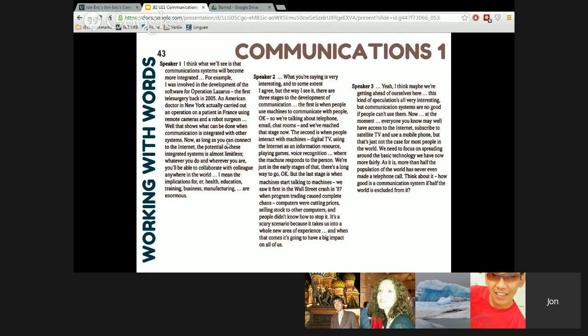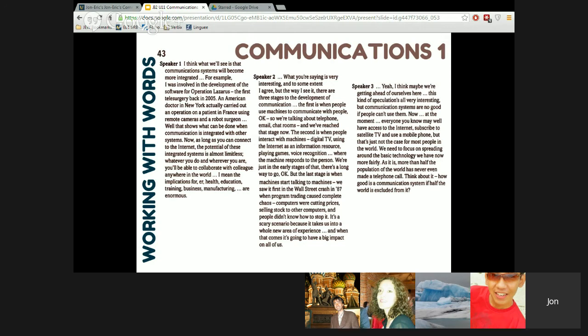Speaker 1. I think what we'll see is that communications systems will become more integrated. For example, I was involved in the development of the software of Operation Lazarus, the first telesurgery back in 2005. An American doctor in New York actually carried out an operation on a patient in France using remote cameras and a robot